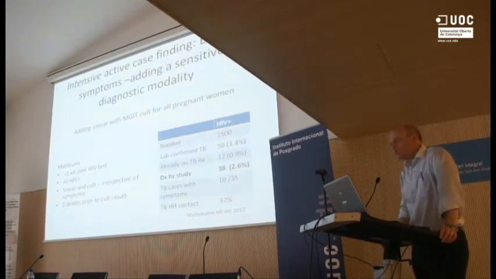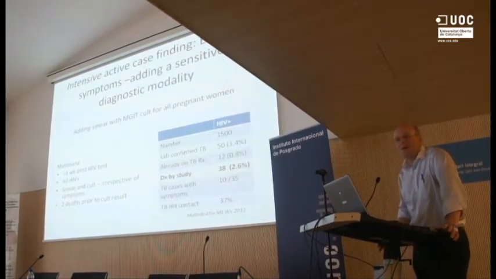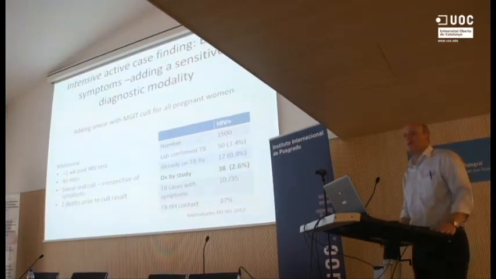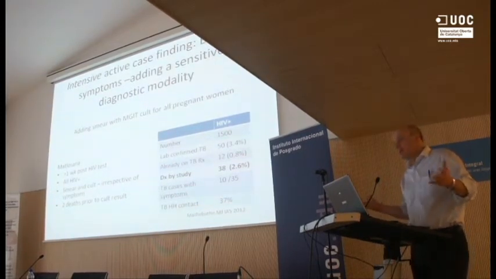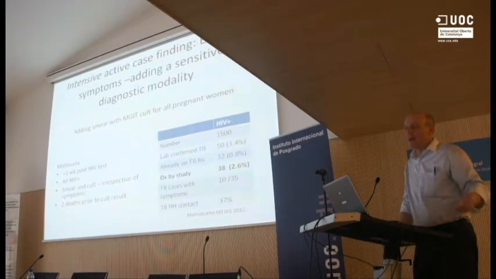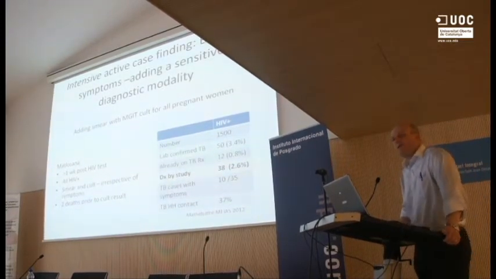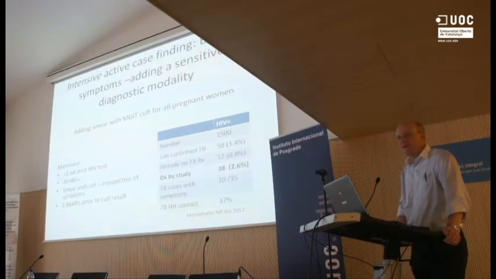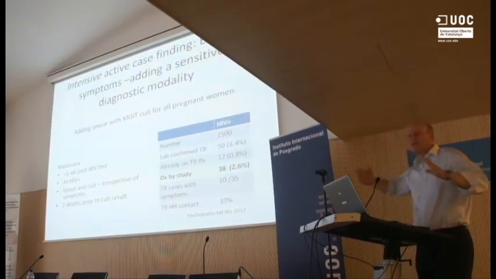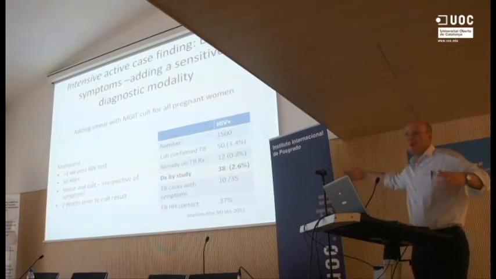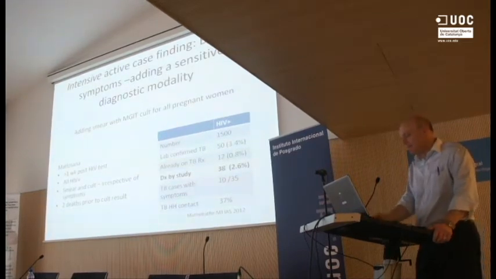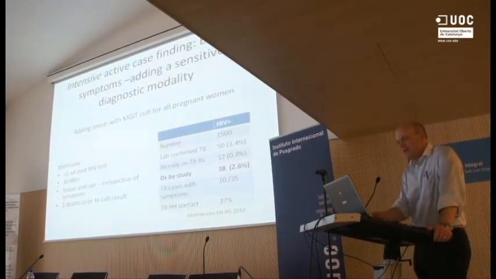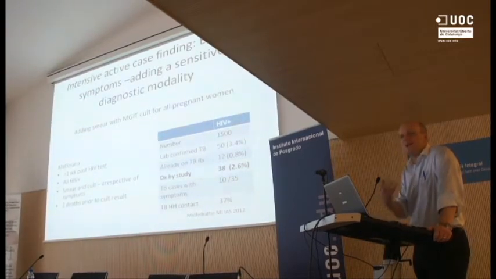And the real concern, I guess, is that a lot of these women denied symptoms of TB. Now, whether this is because they don't want to admit to themselves that they're HIV infected, plus they've now got symptoms of TB, or whether it is because there is such a thing as subclinical or asymptomatic tuberculosis, I don't know. So it could be contextual, it could be a clinical entity, it could be that they're in a continuum of their disease, and that if we tested them in 5 weeks' time or 3 weeks' time, they would have symptoms. But irrespective of that, it seems that if you do this sort of intensive active case finding, using a laboratory diagnostic to find cases, you're going to find more and more cases.